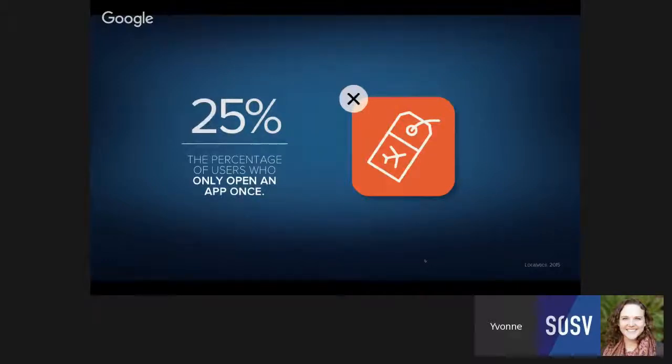The interesting thing here, though, is that we also found in the data that when someone downloads your app for the very first time, on average, they spend 10 minutes with the app. That's a pretty significant amount of time to get the onboarding experience right, so that a user immediately understands the value the app is going to provide them. We strongly believe those are things that will help you combat the challenge of getting a user to stick with your app after they download it.